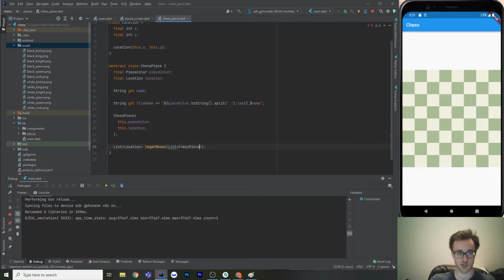So we need a list of chess pieces. Let's just call it others. So we need to know about every other chess piece for the king. We also need to know its initial location for the pawn. Knights can jump around. I guess this method,